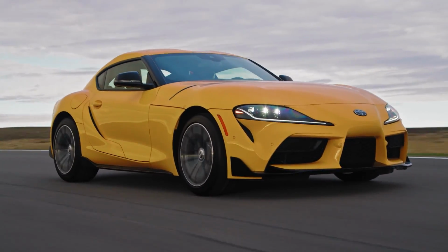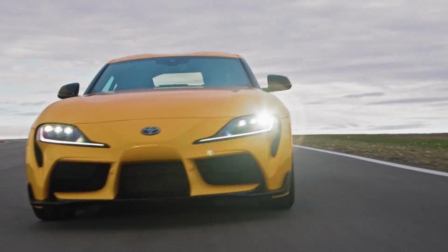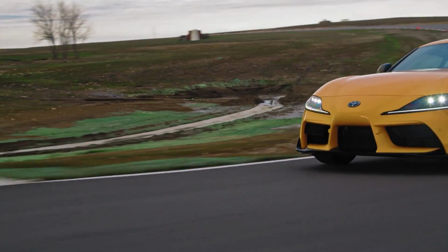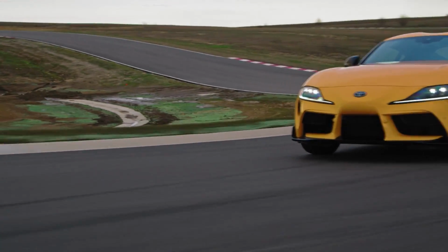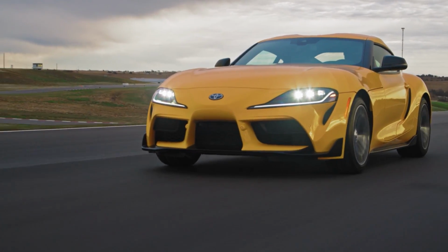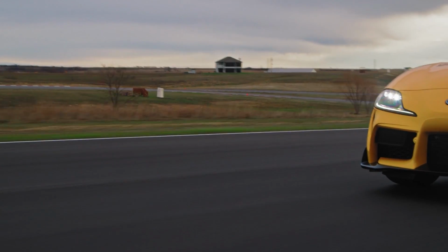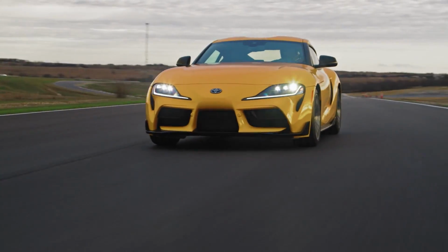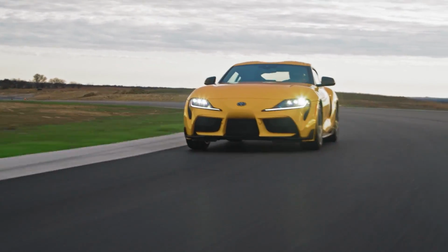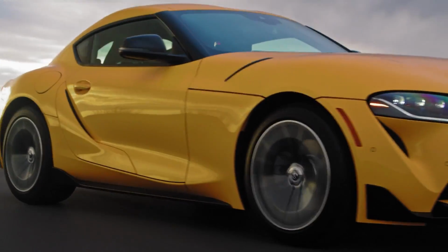You only get a 4-speaker audio system, although the one we've been sent here has the nicer JBL audio, and we get manually adjustable seats. So with a little bit less weight on the nose, I would say that this 4-cylinder car does feel a little bit more agile than the 6-cylinder car, but the lack of power is definitely noticeable, and the lack of sound is certainly noticeable. So now that we've talked through the 4-cylinder Supra's driving experience, let's go ahead and check